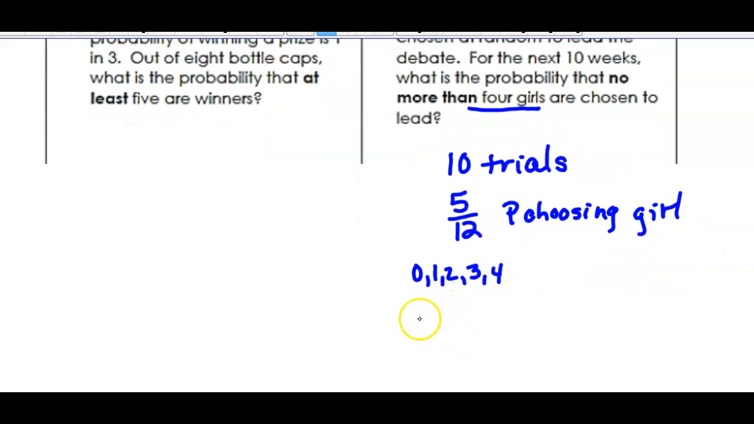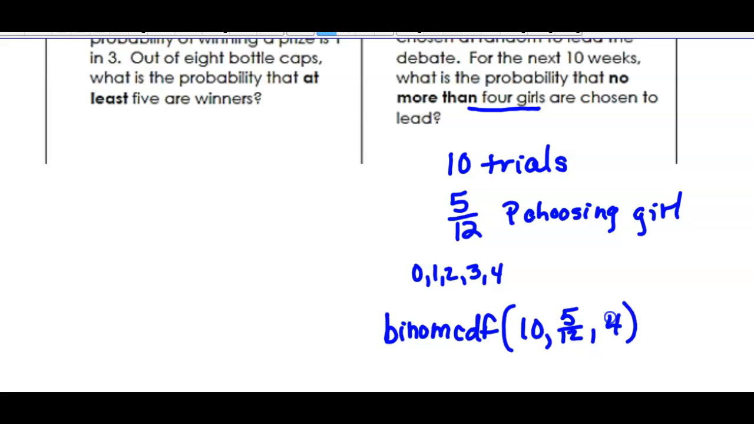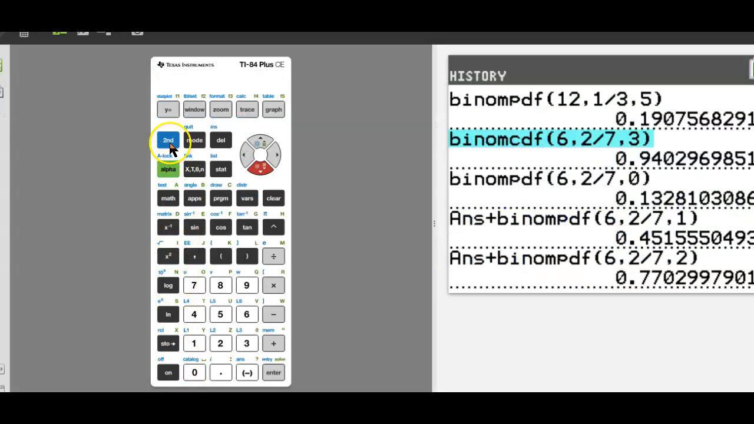So we need to do the combined probability of 10 trials where the probability is 5 out of 12 girls, and we want to pick 4 or less. No more than 4 is 4 or less. So we're going to go